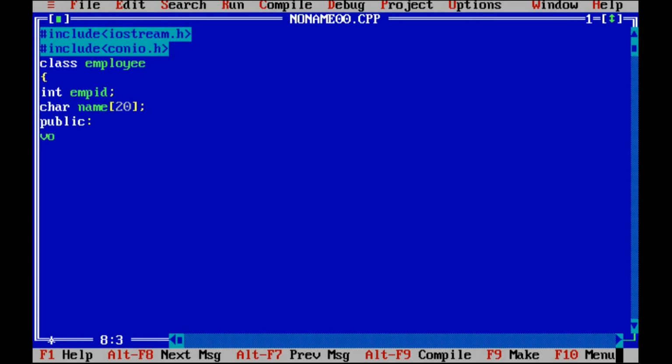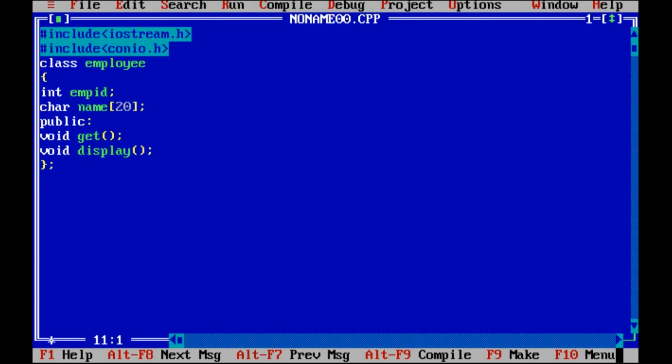So the first function here we are writing is the get function. After writing the get function, now we have to put the semicolon. The second function is the display function, which is used to display the details that are entered by the employee. After declaring these two functions, now students, we are closing the class employee with a semicolon. So a class is always closed with a semicolon. So this class is a template for an object.